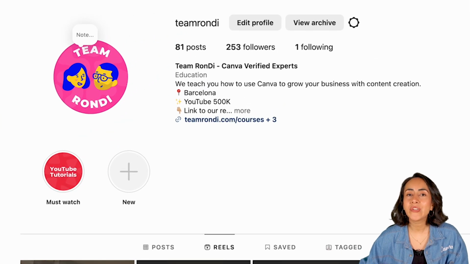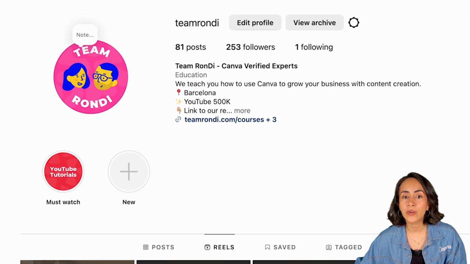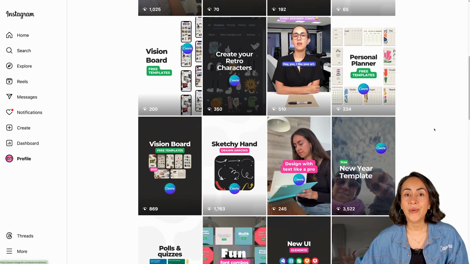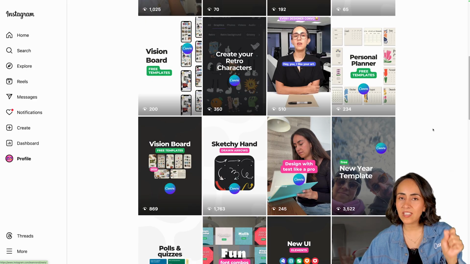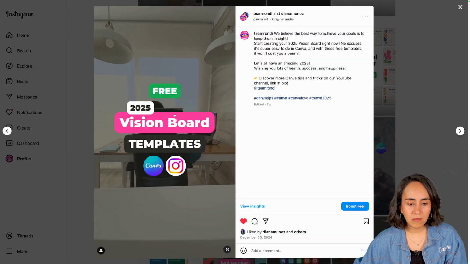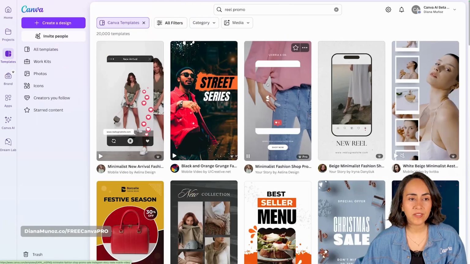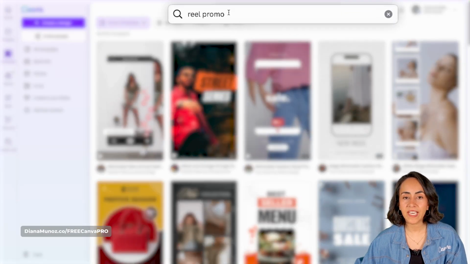Now, I want to give you an extra tip that you can use to find particular templates. Some creators, sometimes they share special keywords so you can find a particular collection of templates in Canva. Like for example, us, we like to share these special keywords on our social media. Like for example, here on Instagram, we have these particular reels in which you will find a particular keyword. So let me show you, for example, this one. You will find the keyword in here, and when you go back to Canva, you're going to type that keyword